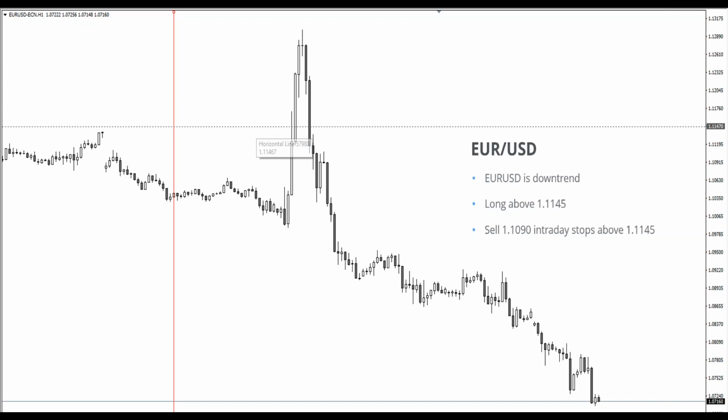So you can see euro dollar was actually long above 1.1145, sell below 1.1090. The thing is, after US elections, I did one euro dollar analysis, and if you actually sold euro dollar, you would be in profit. Okay, it's better to say if you had sold, you would have been in profit because the trade has already happened. And at this time we have another